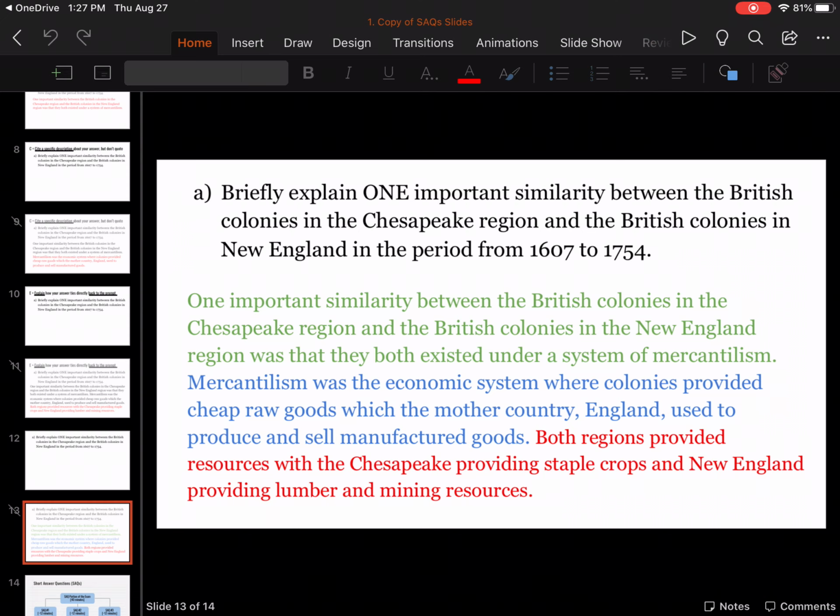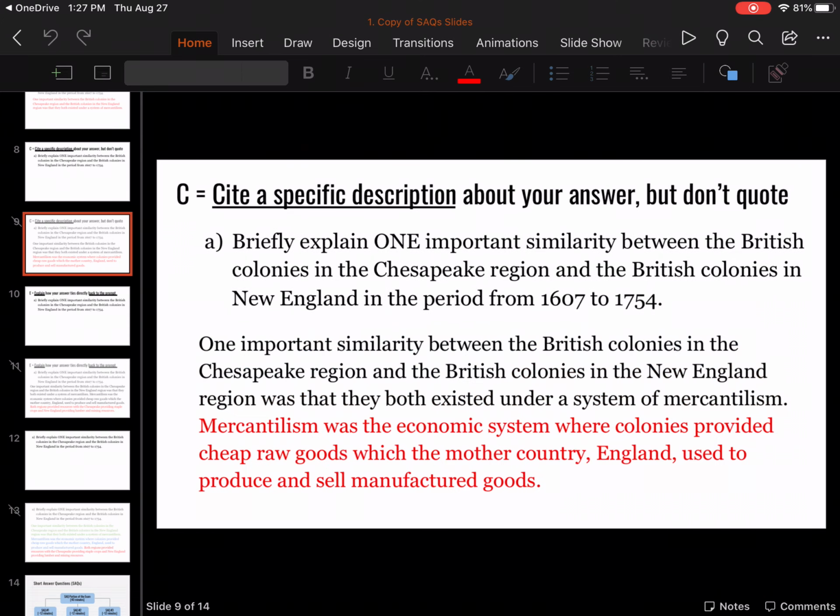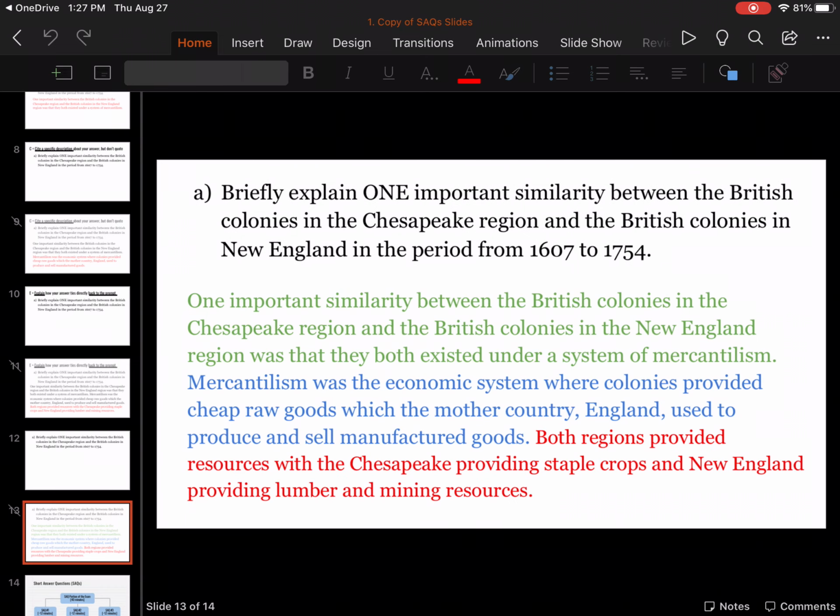Okay? C, which is, let's bounce back here, cite a specific description for it. Mercantilism was the economic system where colonies provided cheap raw goods, which the mother country, England, used to produce and sell manufactured goods. So here she is citing a specific description, not quoting, but explaining then the proper noun that was used, mercantilism. So answer the prompt with the proper noun, cited a specific description of that proper noun,